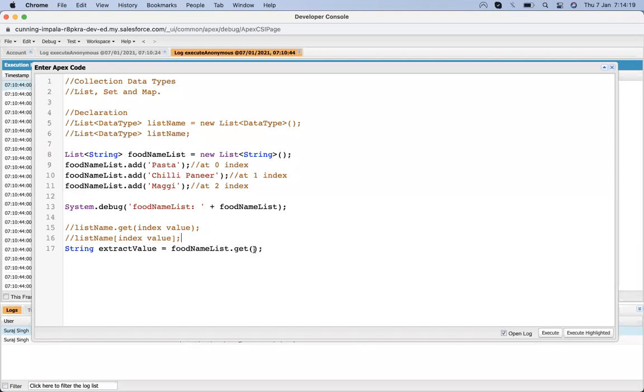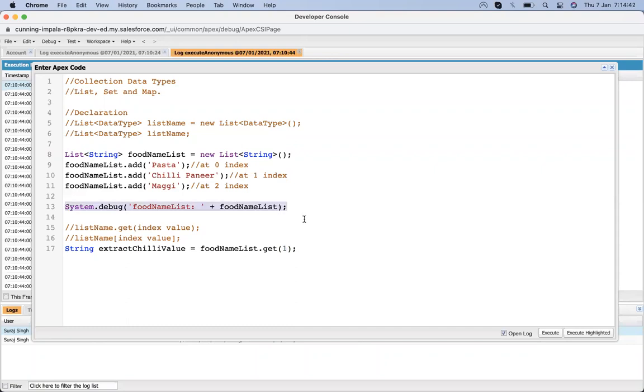So if we put dot get and suppose we want to extract the chili paneer value, it should be 1, because it's the second element, and the second element is present at index 1. Let's debug that.